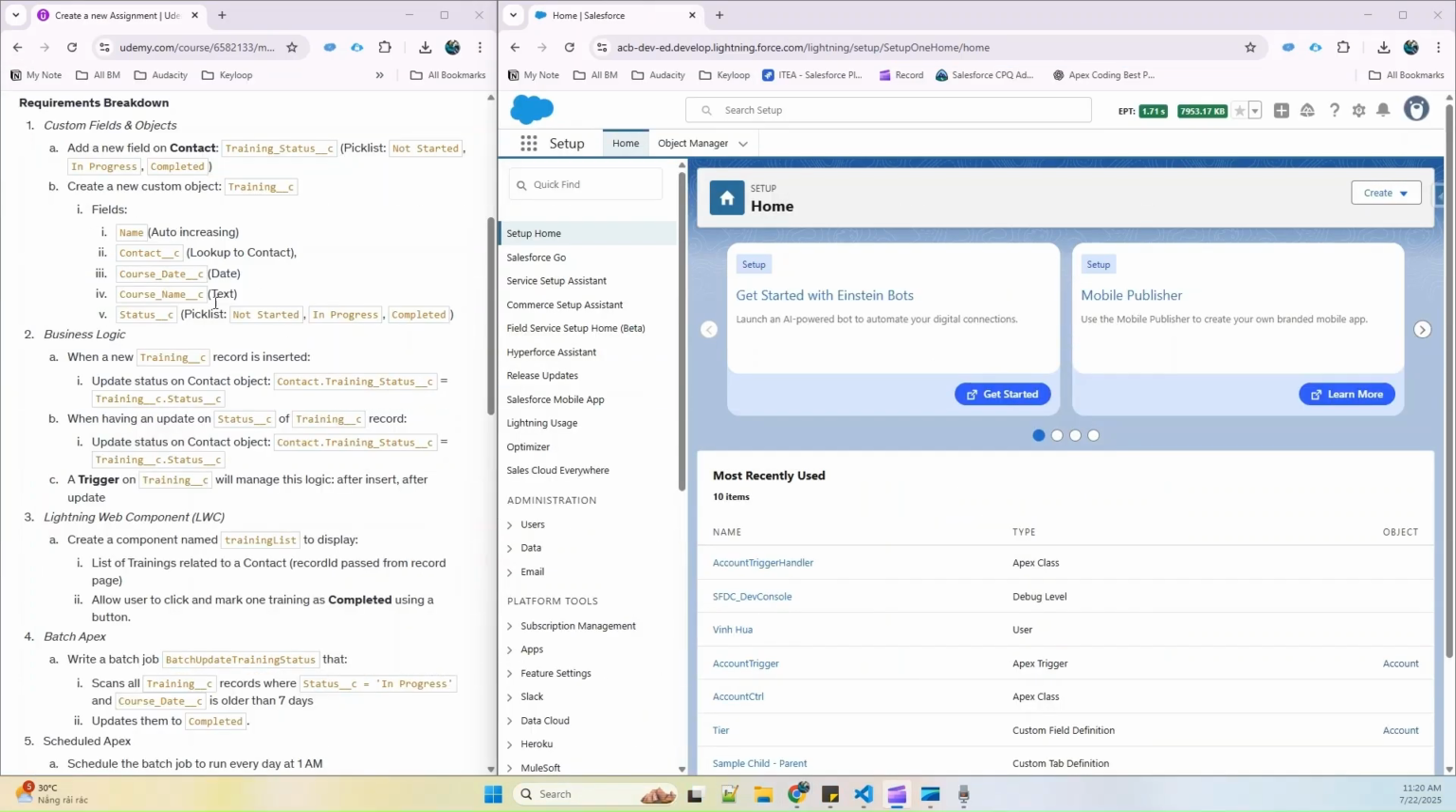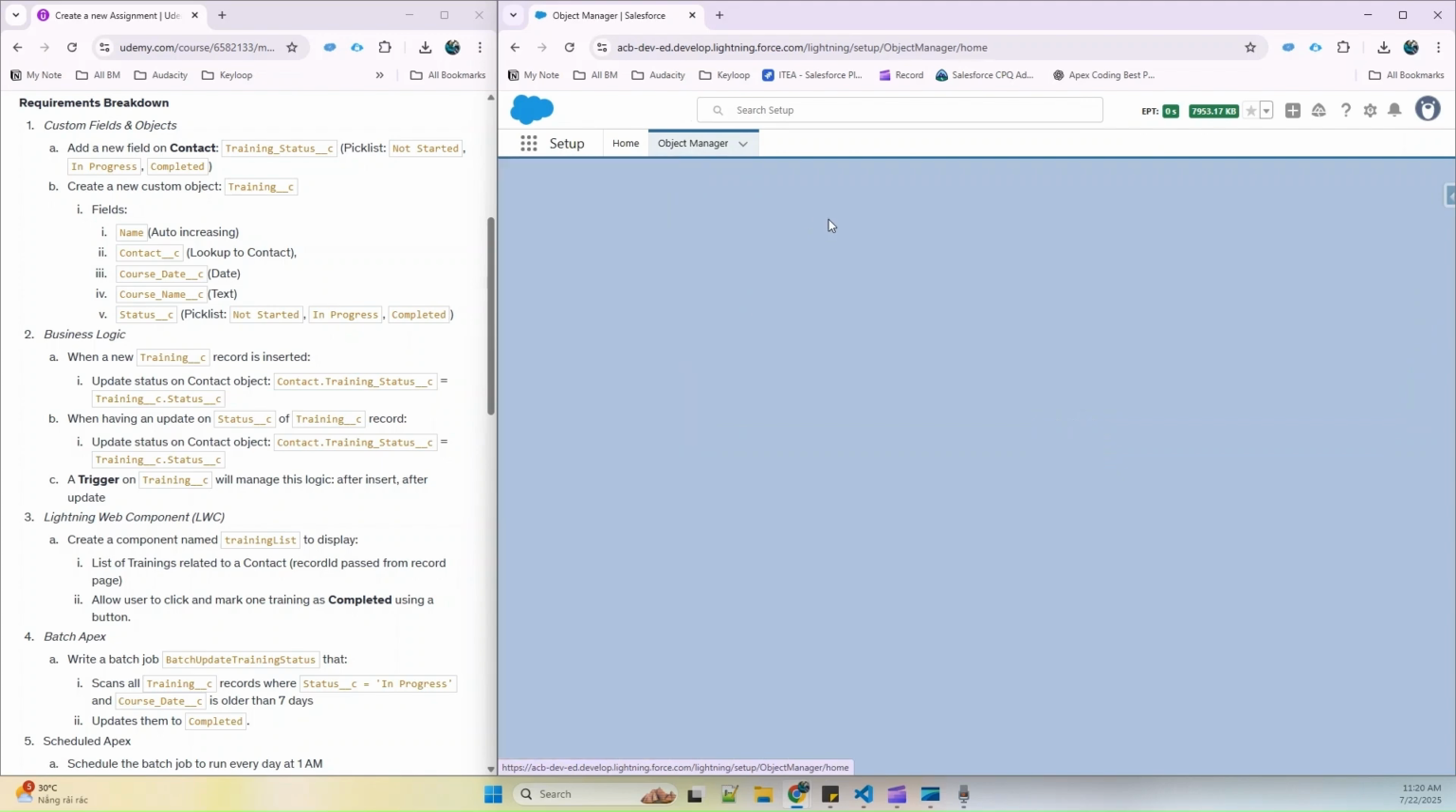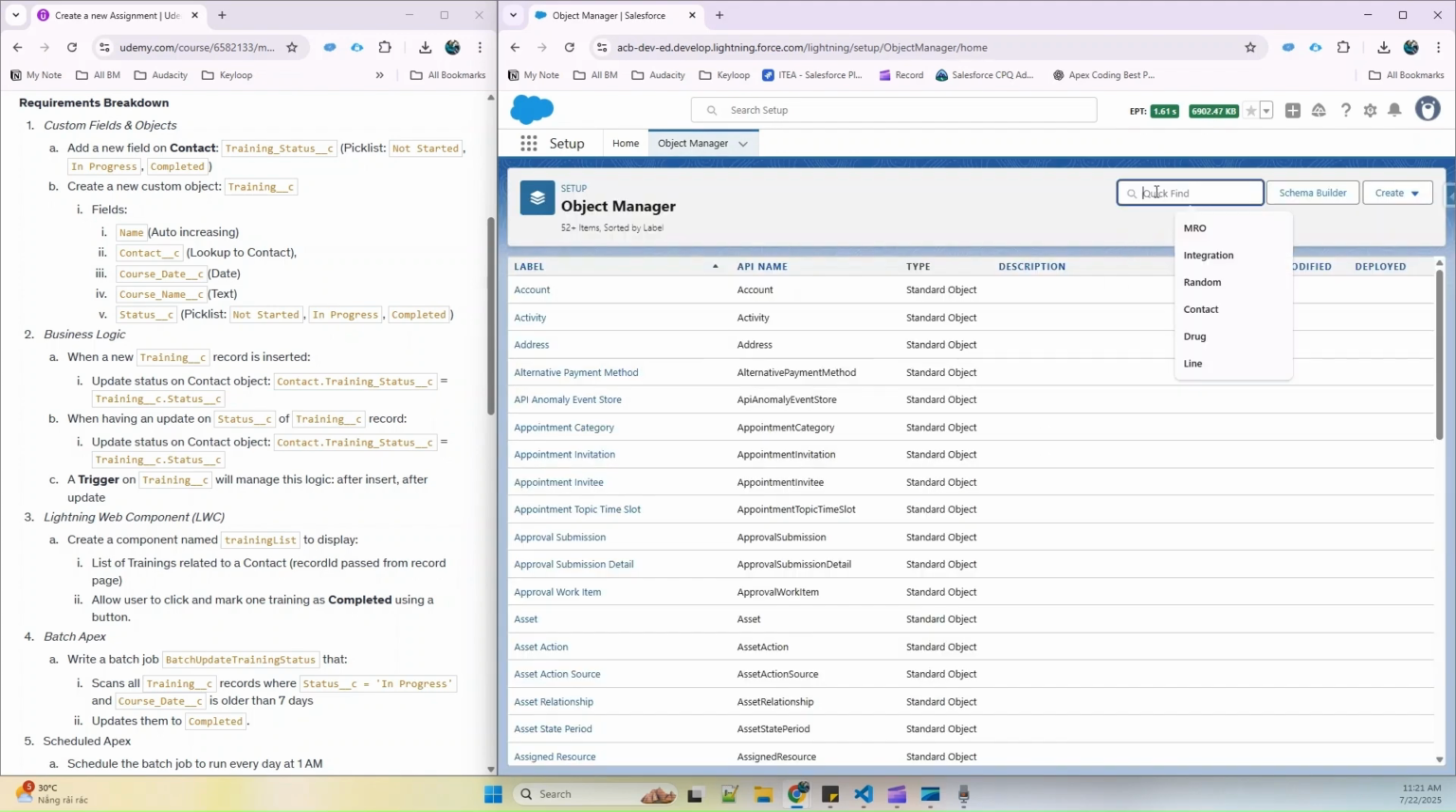I will go step by step regarding the instructions of our mini project. First of all, I will create a custom field and object. As per the instructions, we will create a training status field on the Contact object. So at the beginning, I will log into Salesforce Org, go to Object Manager, then search for the Contact object,